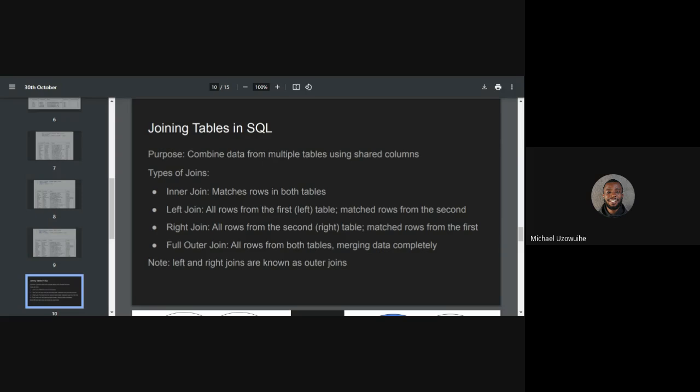The first type of join we want to talk about is the inner join. Inner join works like the AND operator. Inner join will only print things when it sees rows that are matching each other in the tables. The rows that are matching each other in the tables, that is what the inner join would print out for us. So let's assume that you selected particular columns,